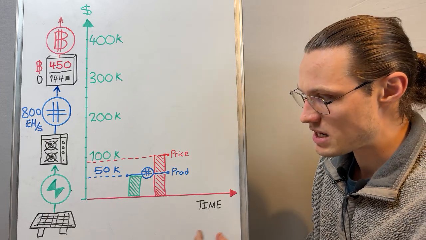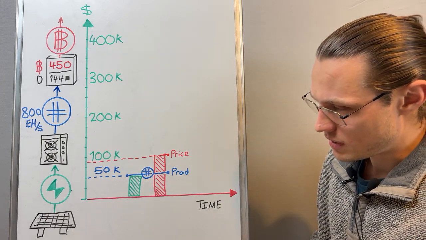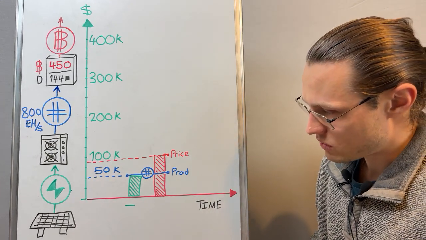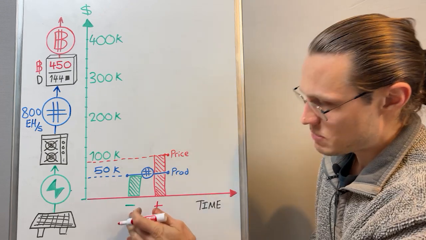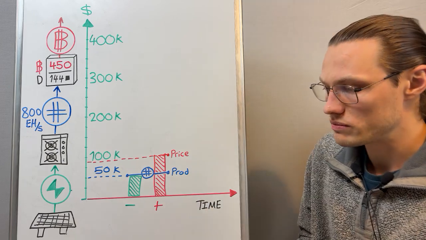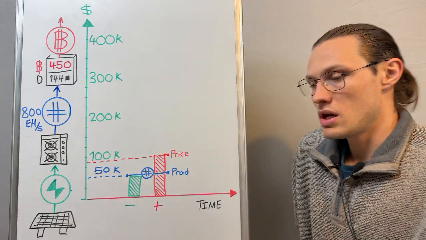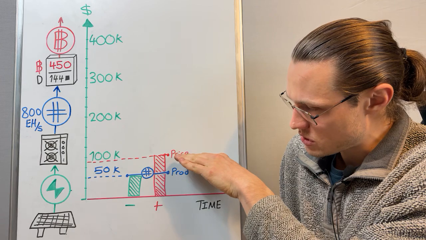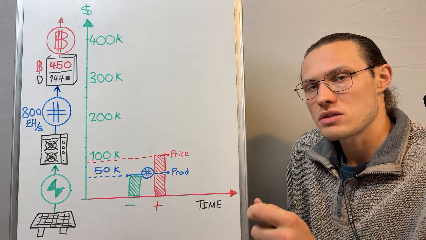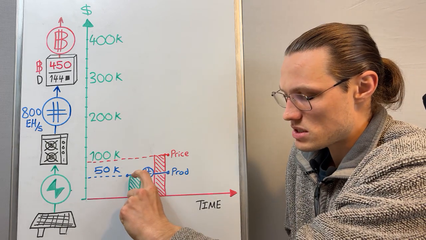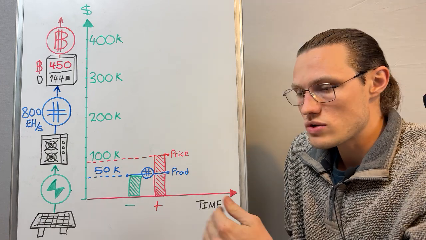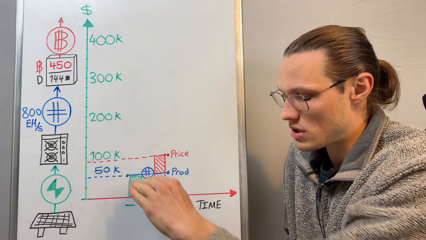So that means that they spend $50,000 on electricity, that's their cost, and they produce 1 Bitcoin in this example. So spend 50, earn a Bitcoin, but with the cost of the machine over time getting paid off. Now, this is important because what if the price of Bitcoin in this example was to drop below production and the miner had the ability to sell the power back to the grid? So if he had it at the same price, he sells his electricity back to the grid, or even slightly higher because they contract lower rates, so they might be able to even capture a higher price.